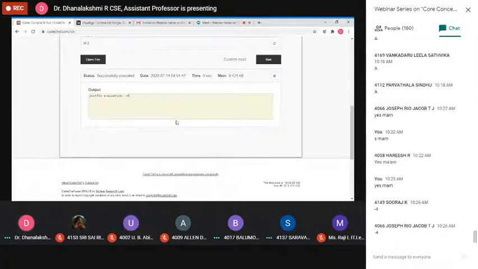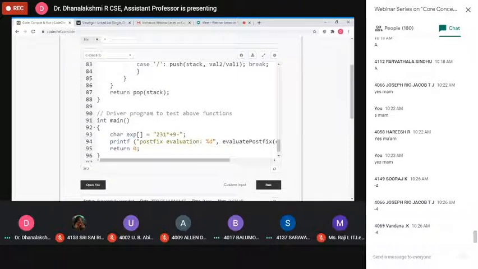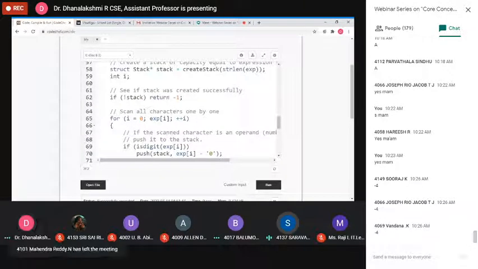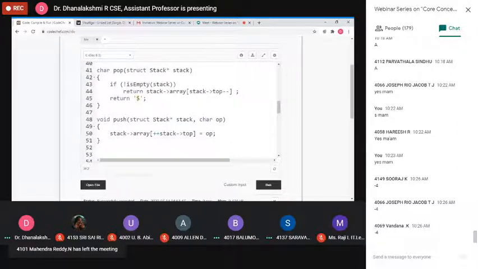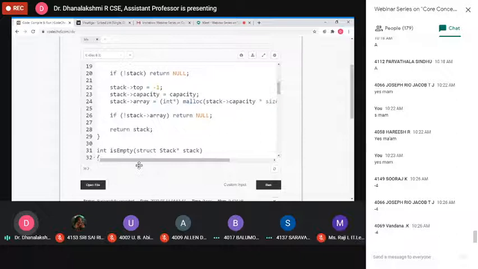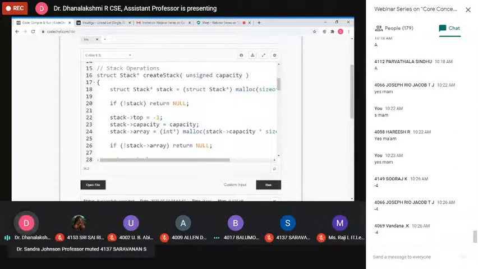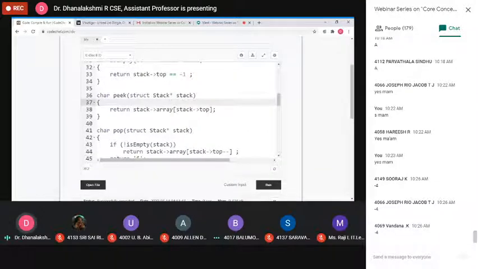So this is the method of how we implement postfix evaluation using the C language. Nothing else is there in this code. So what are the functions? As usual, the same functions: create a stack, the is-empty function, and if you want, you can use this peek function.